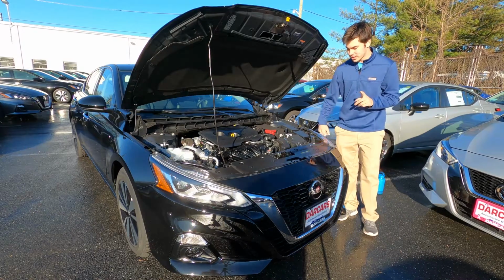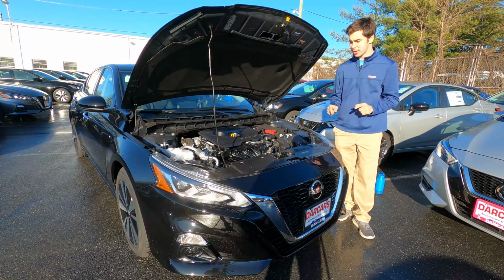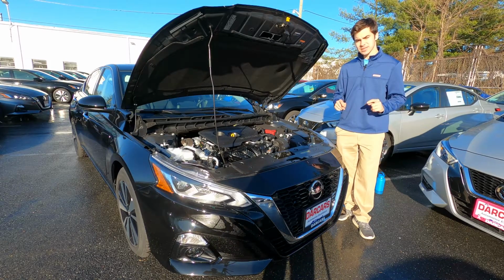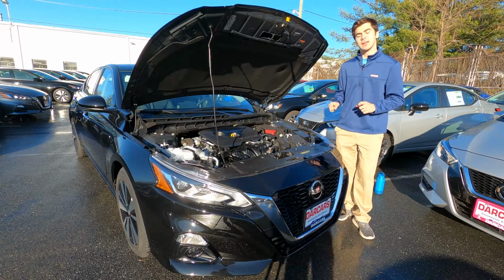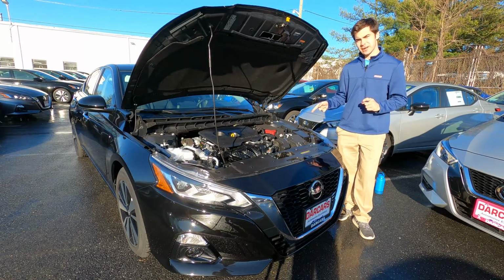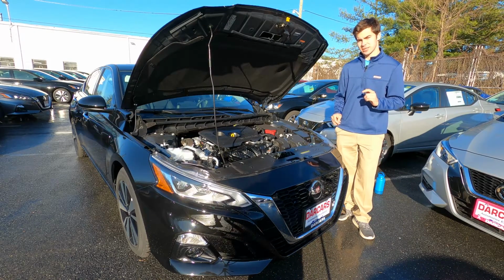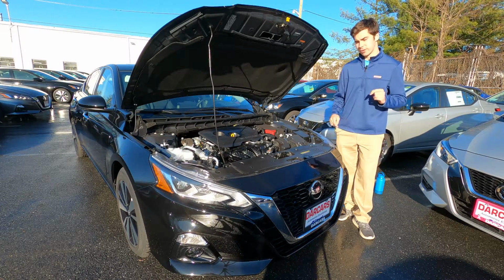Under the hood, you will find a 2.5-liter inline four-cylinder cranking out 188 horsepower and 180 pound-feet of torque. You can expect about 28 miles to the gallon city, about 39 highway for 32 combined MPG. That's routed through a CVT transmission, and for those of you that don't know, Nissan has had some problems with their CVT transmissions. There have been some reliability issues reported with those,